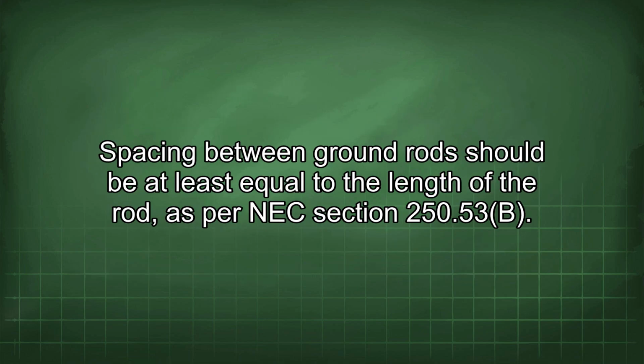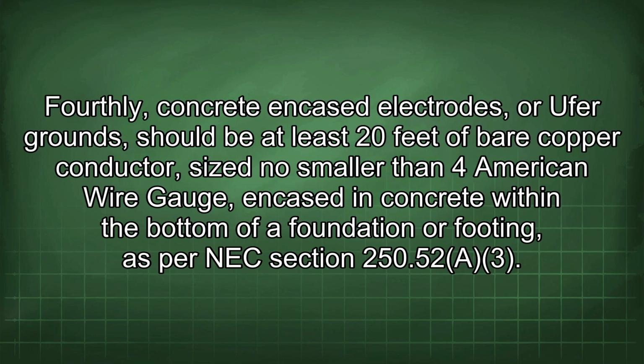Spacing between ground rods should be at least equal to the length of the rod, as per NEC Section 250.53(B). Fourthly, concrete encased electrodes, or Ufer ground, should be at least 20 feet of bare copper conductor, size no smaller than 4 American wire gauge, encased in concrete within the bottom of a foundation or footing, as per NEC Section